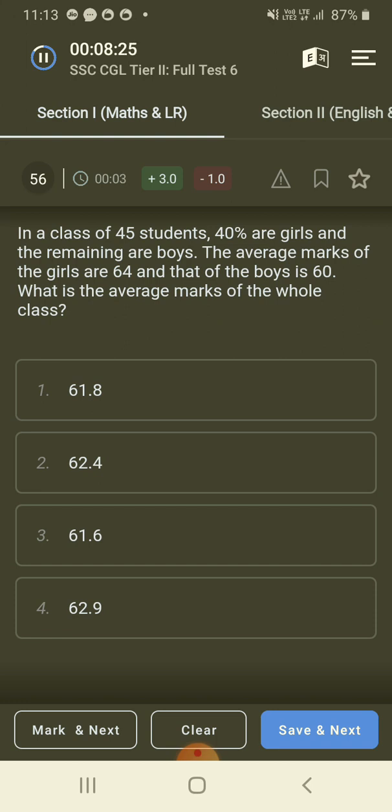In a class of 45 students, 40% are girls. The average marks of girls are 64 and that of boys is 60. The average marks of the whole class